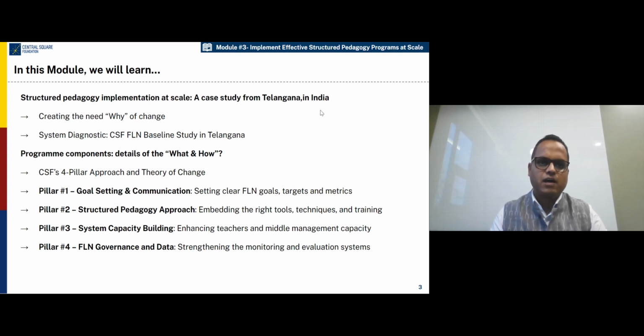In this, we will understand how the need for change, or the why of change, was created, how we leveraged a system diagnostic or a short assessment study to create that need, and after the need was created, how the program components came into being and the details of the what and how through Central Square Foundation's 4-pillar approach and theory of change for FLN,